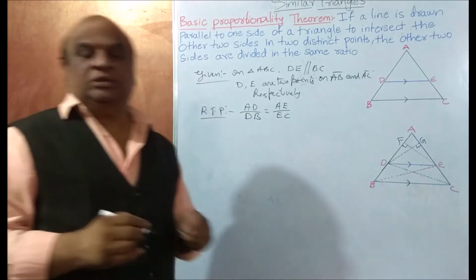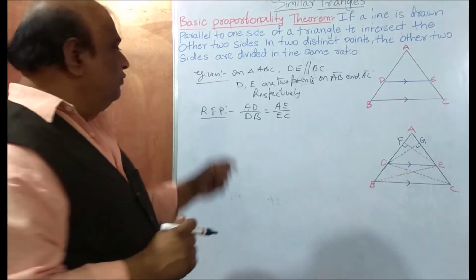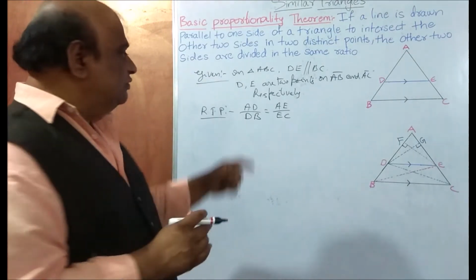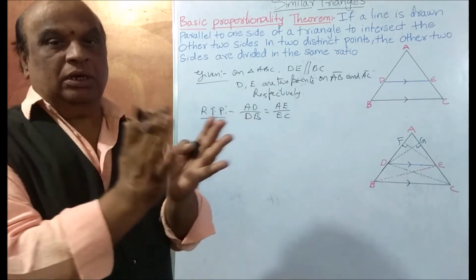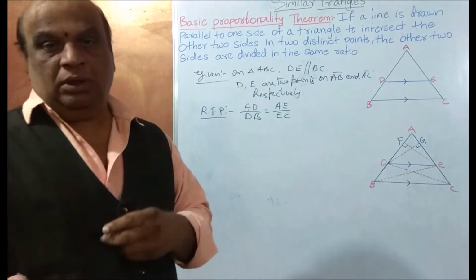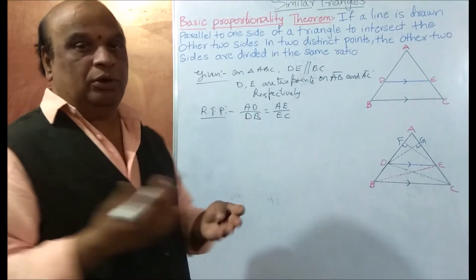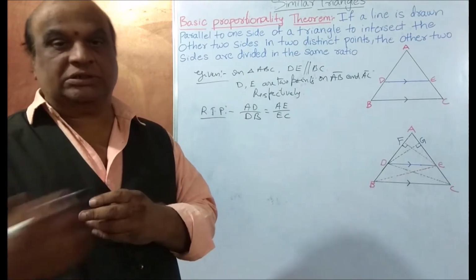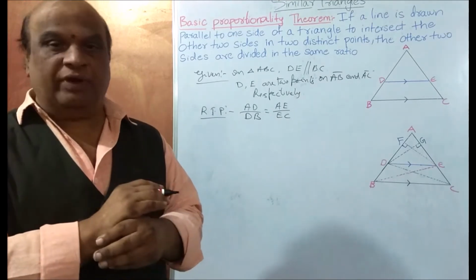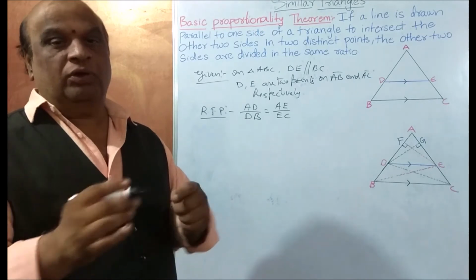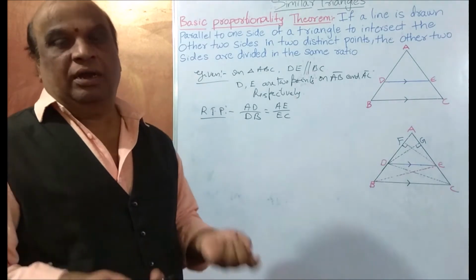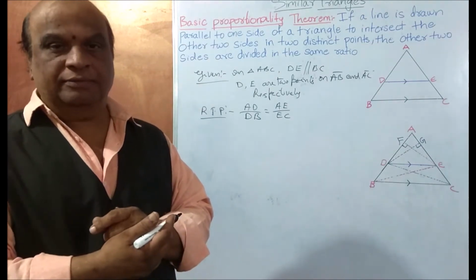So students, this is very important. If you divide like this, you can get at least half of the marks. You have to divide into the two parts. Next, you go to construction, if it is necessary. That is the third step. The fourth step is proof. Proof is very important. In the proof, we will give the reasons. Construction is sometimes needed, sometimes not.